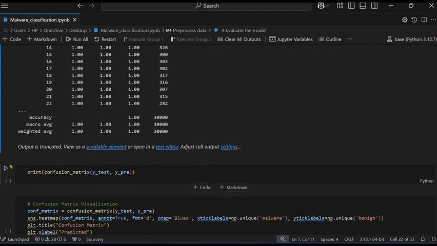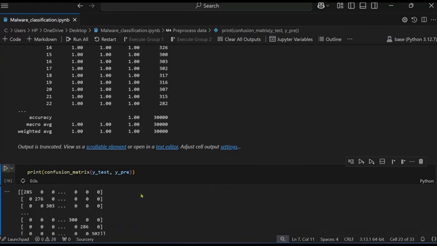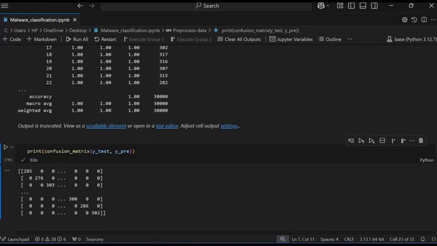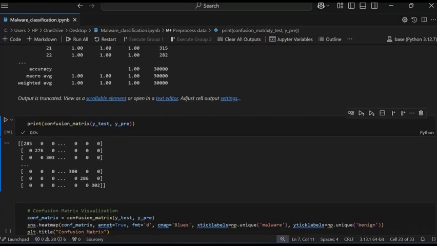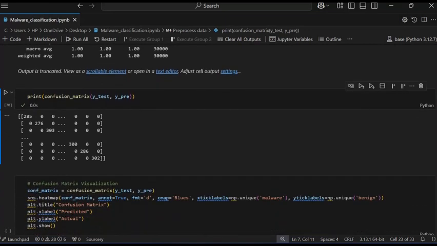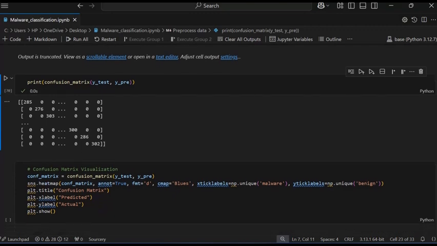Now print the confusion matrix. So this is the confusion matrix. Okay. Now I want to see the confusion matrix with the column values.